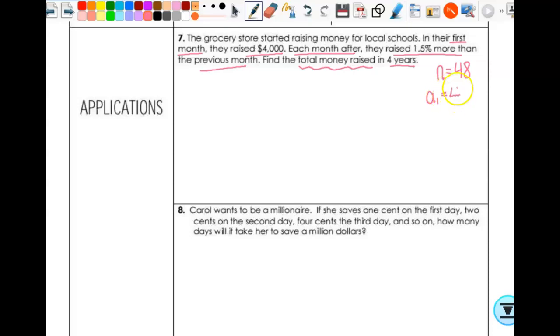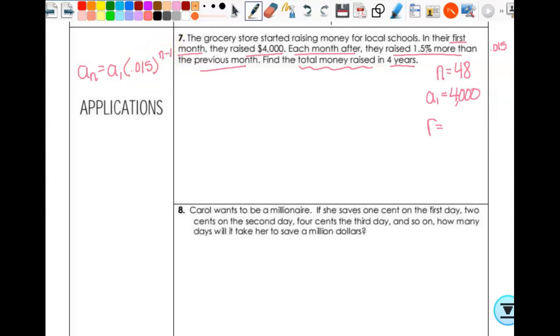Okay. What would my first term be? 4,000. Okay. All right, so then I need the rate. Well, it says they raised 1.5% more, so 1.5% as a decimal is 0.015. Is that my rate? No. What's my rate? If I put that in as a sub 1 times 0.015 to the n minus 1 power,